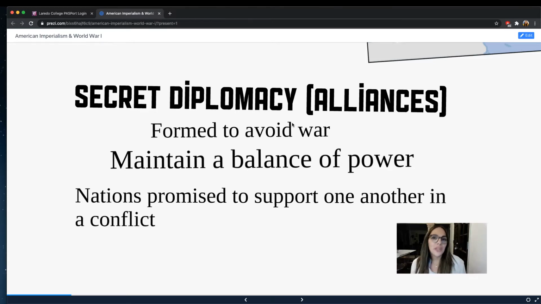And then what do you got, right? It's not a deterrent. You don't stop the fight from taking place. It ends up into like a brawl, right? And that is essentially what is happening here. So secret diplomacies, these sets of alliances that were supposed to prevent war, supposed to deter it, is